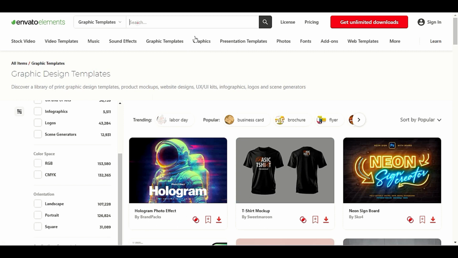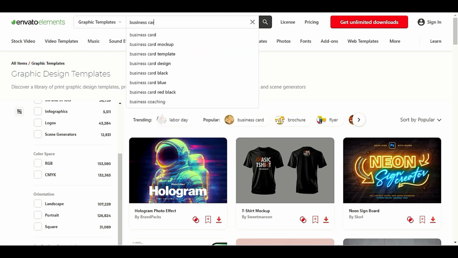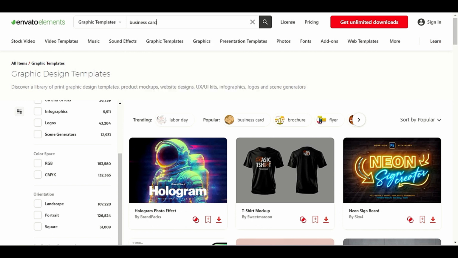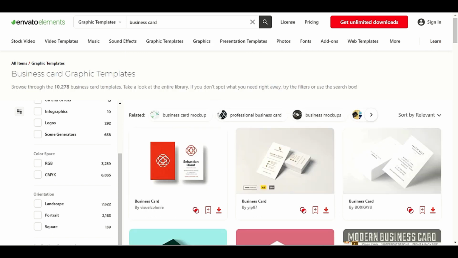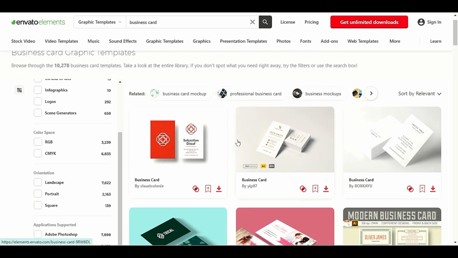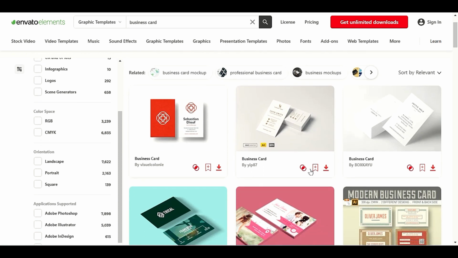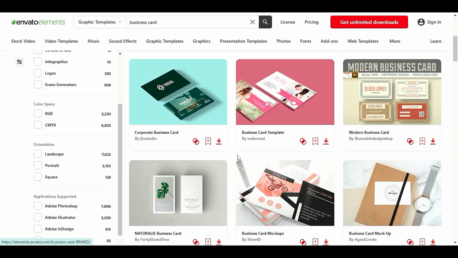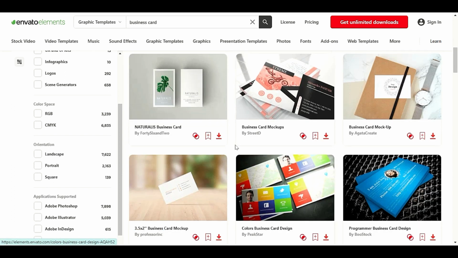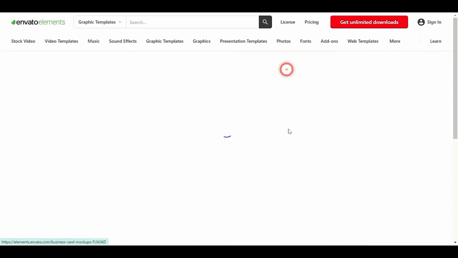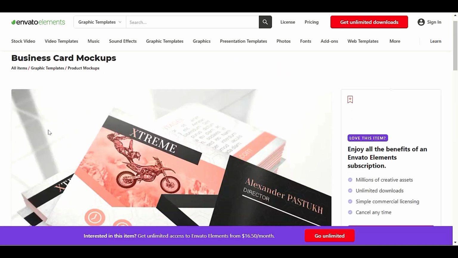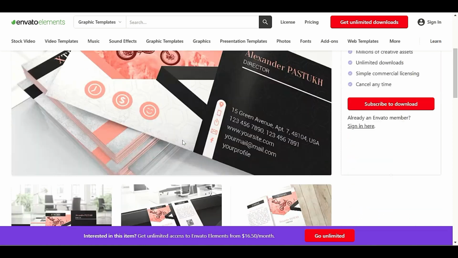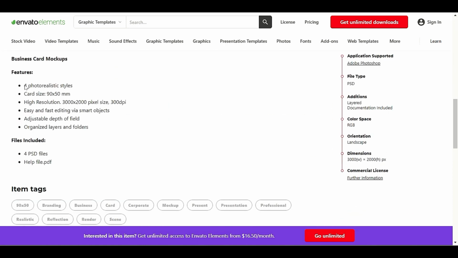Or you can also search in the search bar for business card, and you will find the results right away here, business cards, and you will find a lot of options for the business cards. Any design for the business card you like, you can just choose and start designing your business card right away. For example, this business card, I really like the design, and what it included for